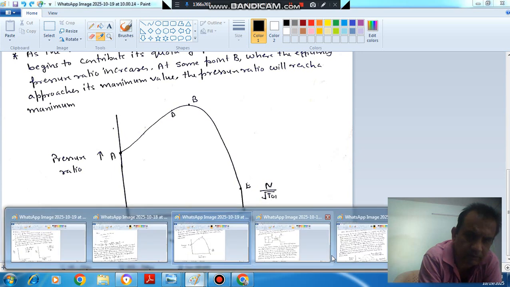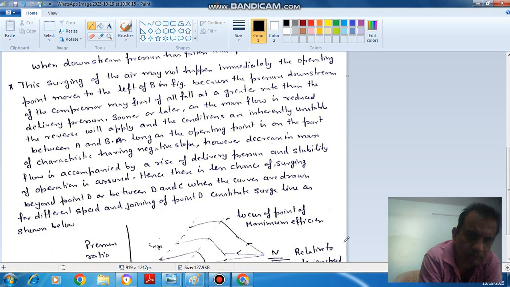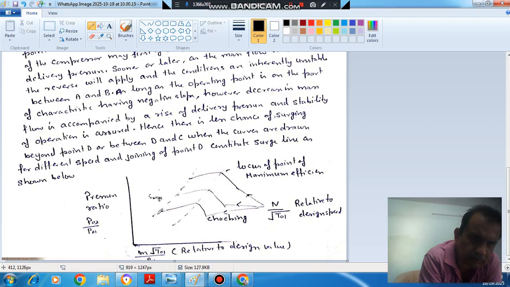If we draw the curves for different speeds, this line corresponds to point D, this is for different speeds, and this is point B, and this is the locus of points of maximum pressure ratio. So this is about surging. Next we will talk about stalling and